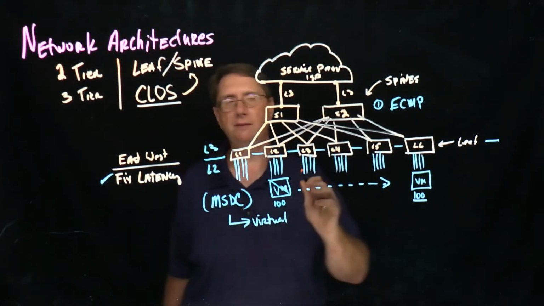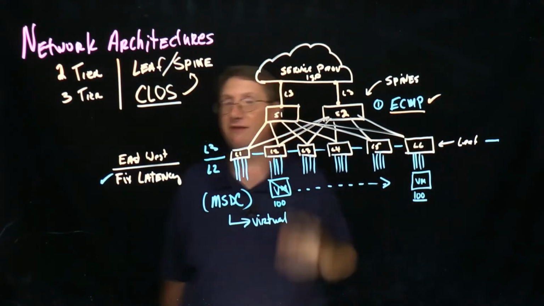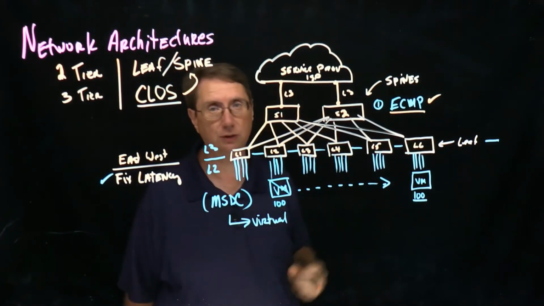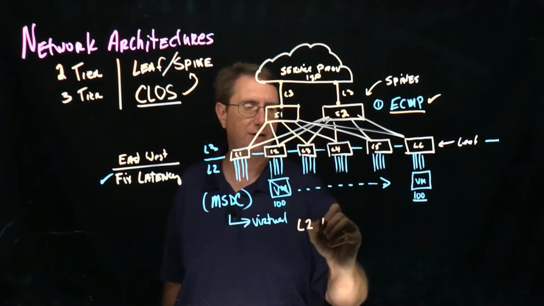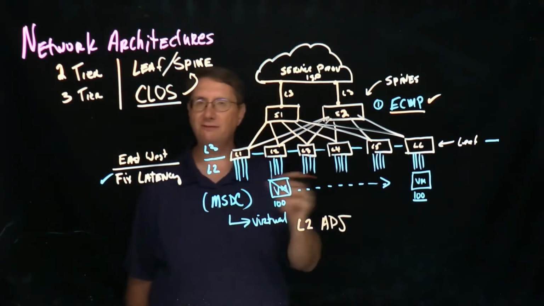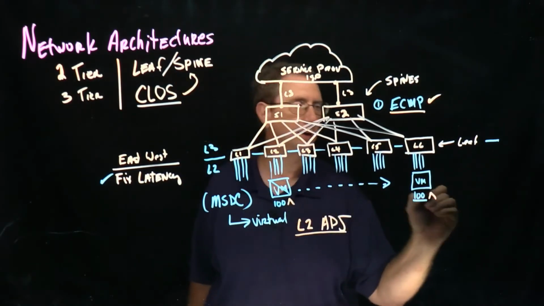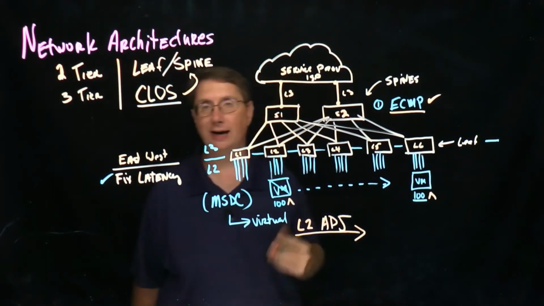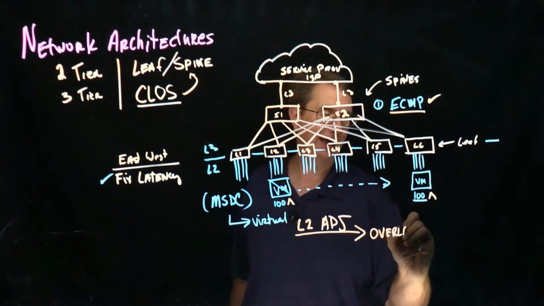So when we look at this, we get the benefit of equal cost multipathing, routing protocols, everything at layer 3. If I need more throughput, I could always add more spines. If I need to handle more users, I can always add more leaves. But the problem is that we have this scenario that we just described that requires that I find a way to extend the layer 2 environment. So I want to maintain layer 2 adjacency between different leaf switches. Now, the problem with that is that we have to utilize a tool to do that. For the most part, we will employ something called an overlay